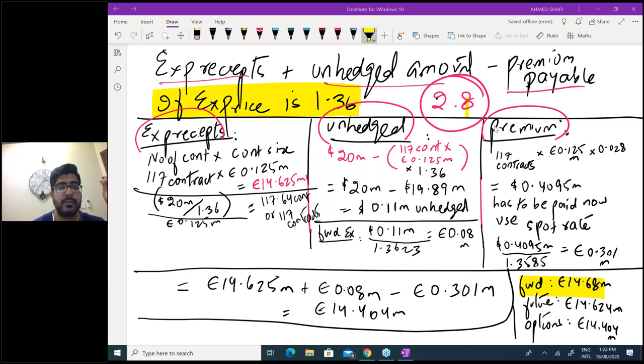Yes, Priti. Sandon, it's the USD amount because you multiply the contracts with the contract size and the premium. The premium was given in cents and dollars. That's why if you multiply it with dollars, it will become dollars.